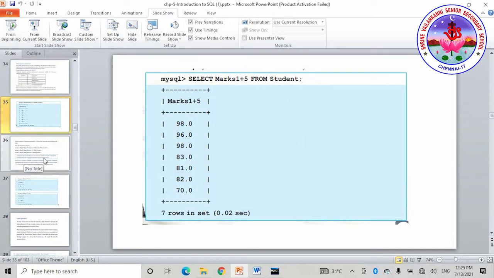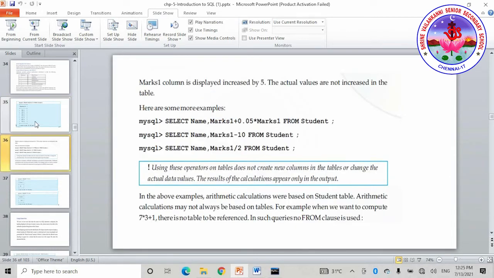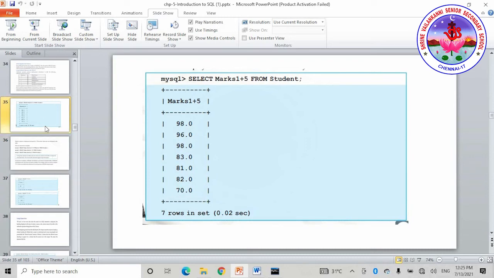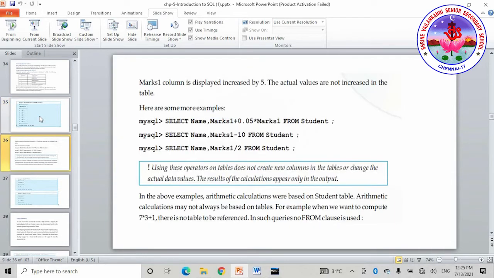If you want to make a change in your table, that is in the contents of the table, we will be using the update query, which we will learn later. We are discussing the alter table and select query alone now. Here are some other examples you can try based on the arithmetic operators. When you use these arithmetic operators along with the respective column, the changes will reflect only in the output and will not make any changes in the table which you have already created.